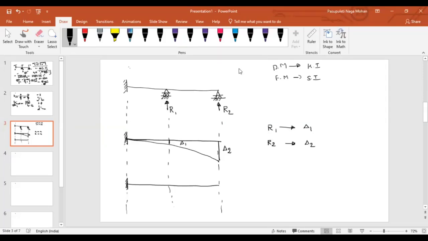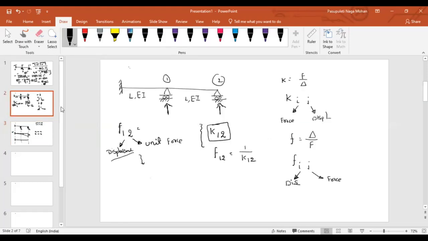Do we know R1 and R2? No, sir. All right. First of all, tell me, is this diagram okay? What have I done first of all? Before that, if you want clarity,